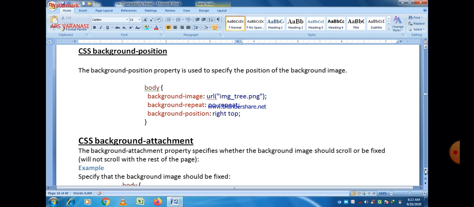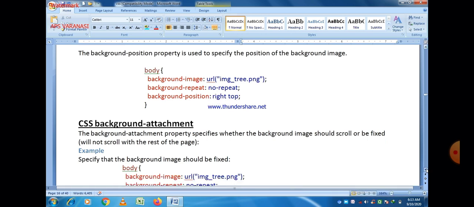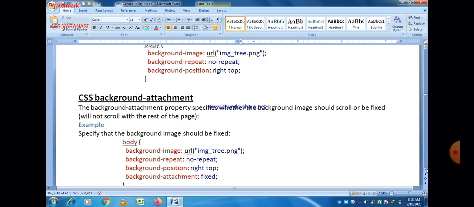Here right top means the image is at the right top position of your web page. In this program you can see background-image, background-repeat, and background-position. These three properties are used here.